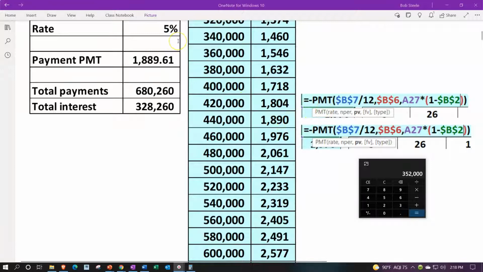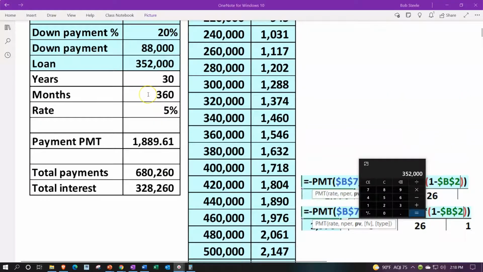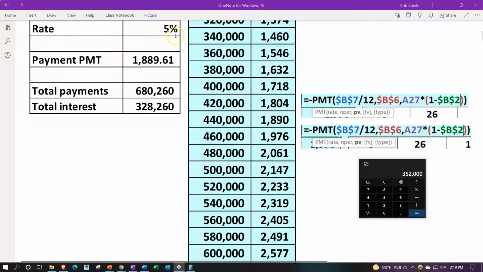That's a yearly rate. We want a monthly rate because these are monthly payments. Therefore, we divide by 12. The comma then moves to the next argument. We have the number of periods. The number of periods is also constant. It's going to be 30 times 12 or 360. So we're referring to that in our data set. It's outside in the data set. Therefore, we need it to be absolute, not to move down, $ before the B and the 6,